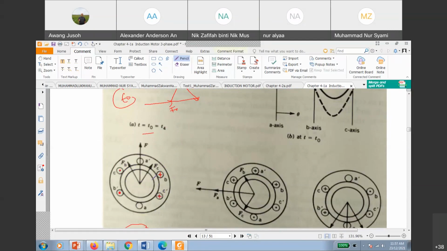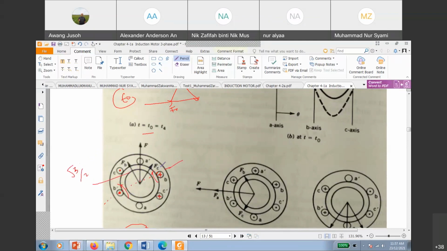And you get the flux for A. For A, there's no flux. The flux is for B and C only. This is line B. You put the line B there, and you get the flux using the dot. This is the resultant flux for B, flux this way. So this resultant flux is here, FB, with the value of 3/2.